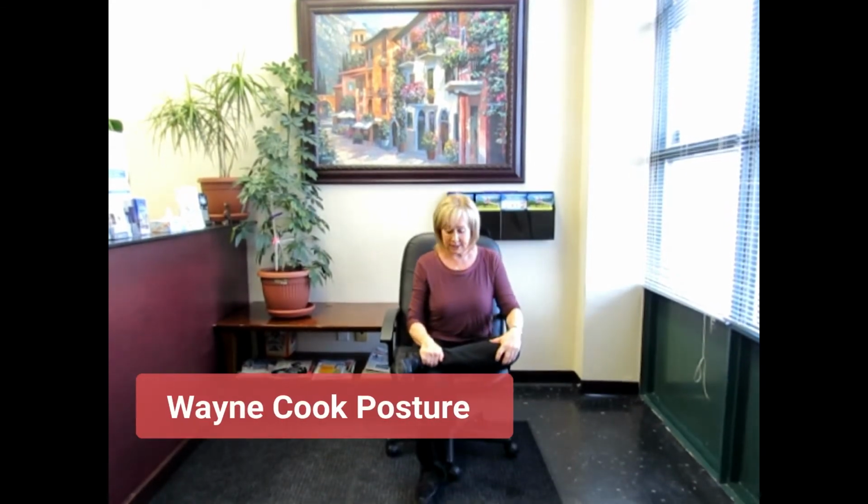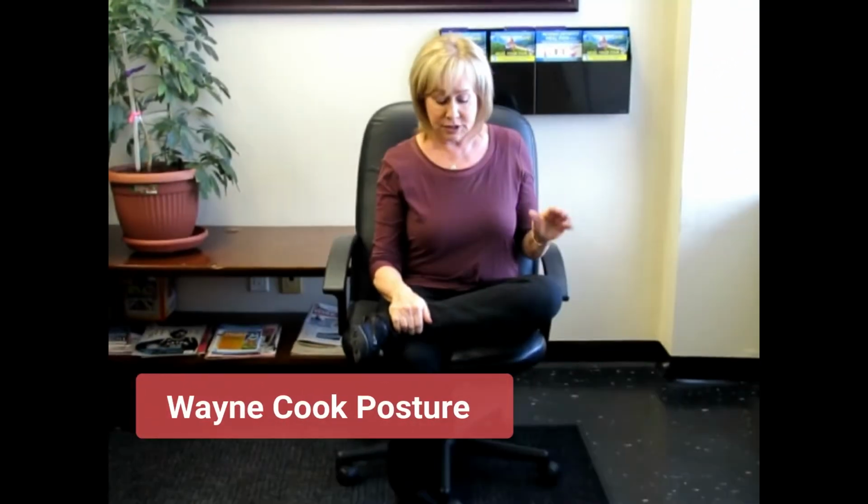Bring one foot over your opposite knee. So I'm starting with my left. So my left foot is on my right knee, my right hand is on my ankle, and my left hand goes behind my foot, do your toes or your heels. And I want you to take a deep breath in and lift your trunk up, foot towards you, and blow out. Try that again. Take a deep breath in